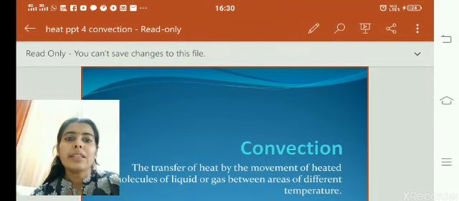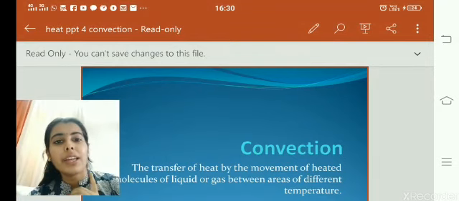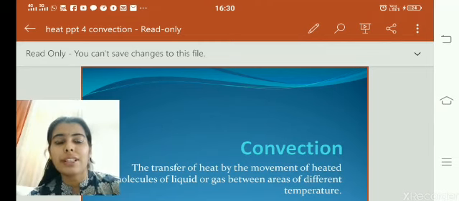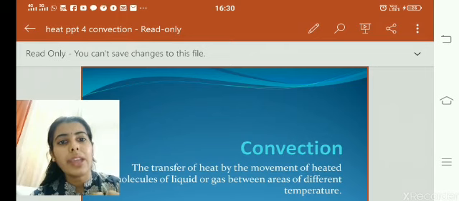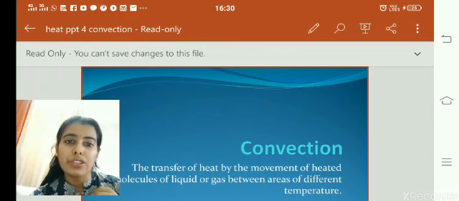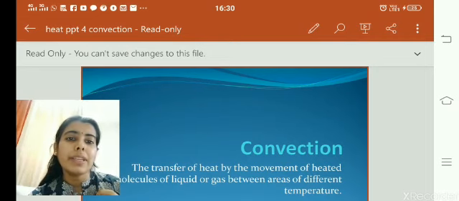Today we discussed convection. We are discussing different modes of heat transfer. First was conduction. Second, we discussed today convection. Convection occurs when the molecules themselves are carrying the energy of the heat, and they are transferring the heat. We studied different applications of convection like room heaters, ventilators, how air conditioning is helping us to cool down the room. Then we discussed two natural phenomena, that is sea breeze and land breeze.